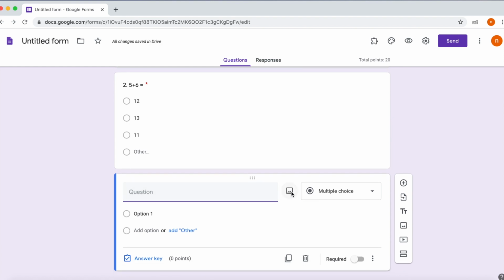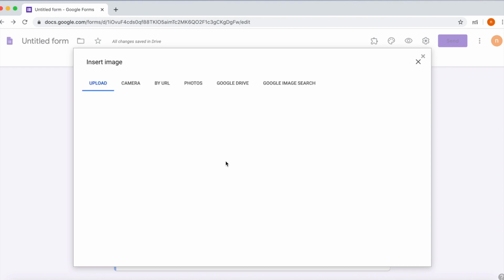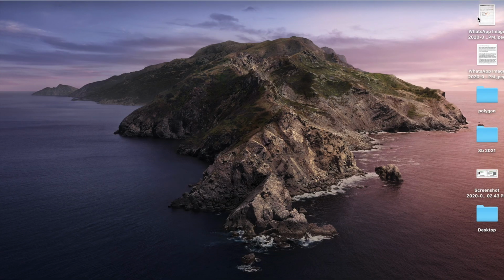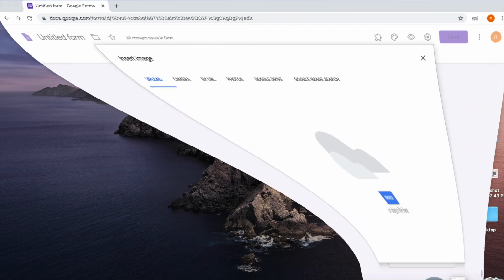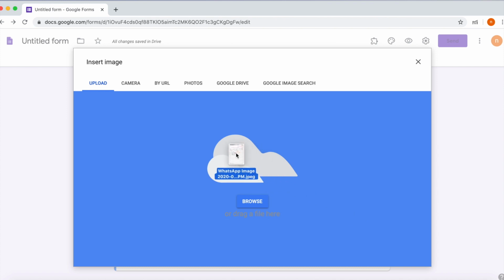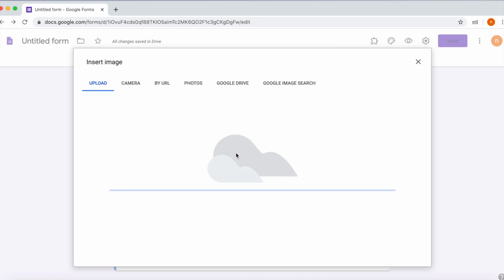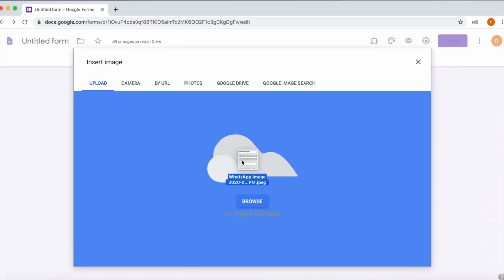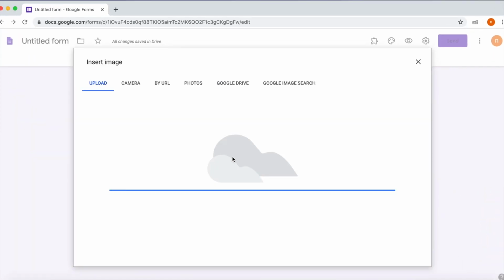Now two questions we have done. Now here is how to insert an image. We can insert an image. We can upload it from your desktop. You can select one image already saved on your desktop and upload the file. Like here, if I select it, you can drag the file and then you can see the file here.